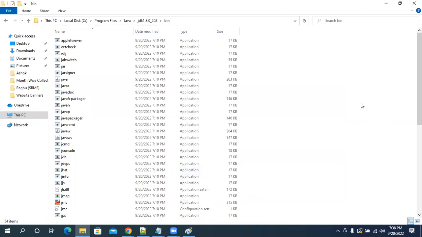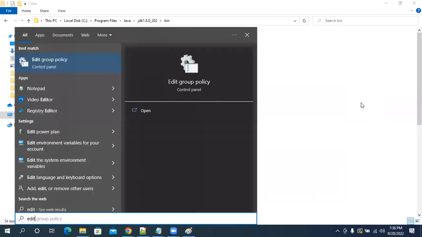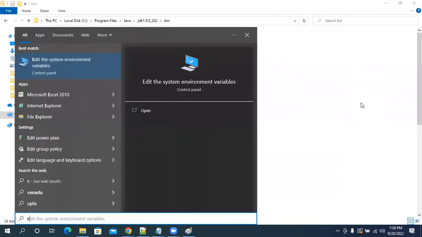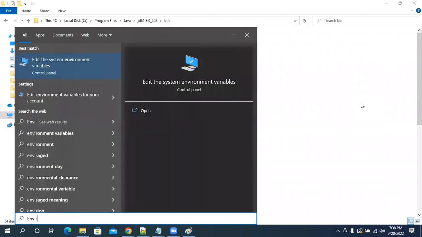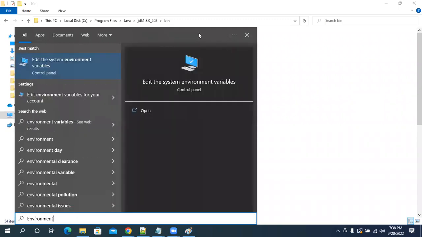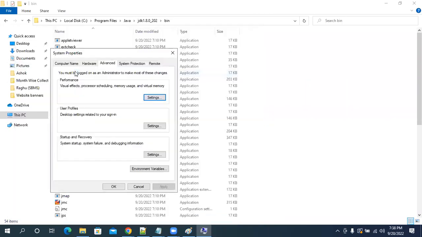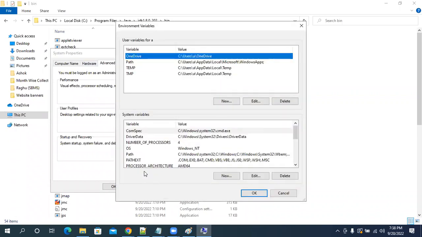Go to environment variables, system variables, edit the system variables. In the system variables, I need to click on the button called environment variables, then Path.